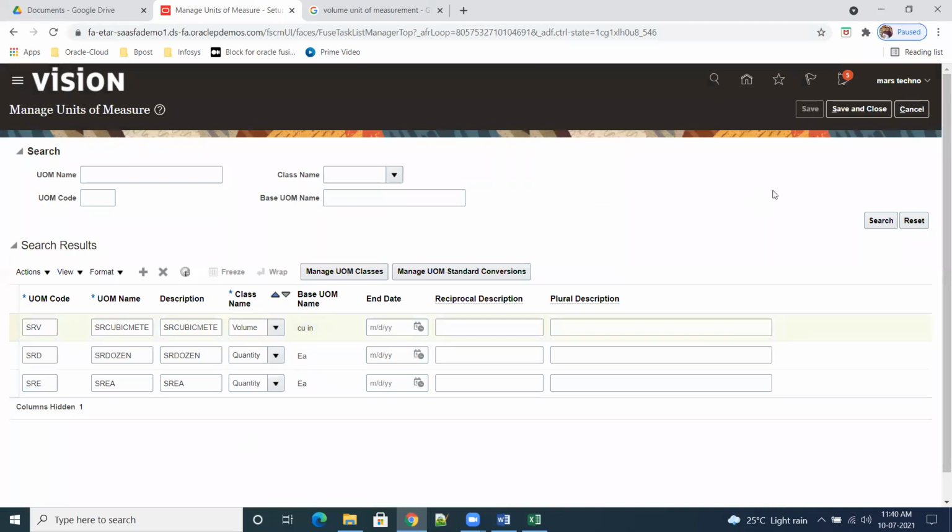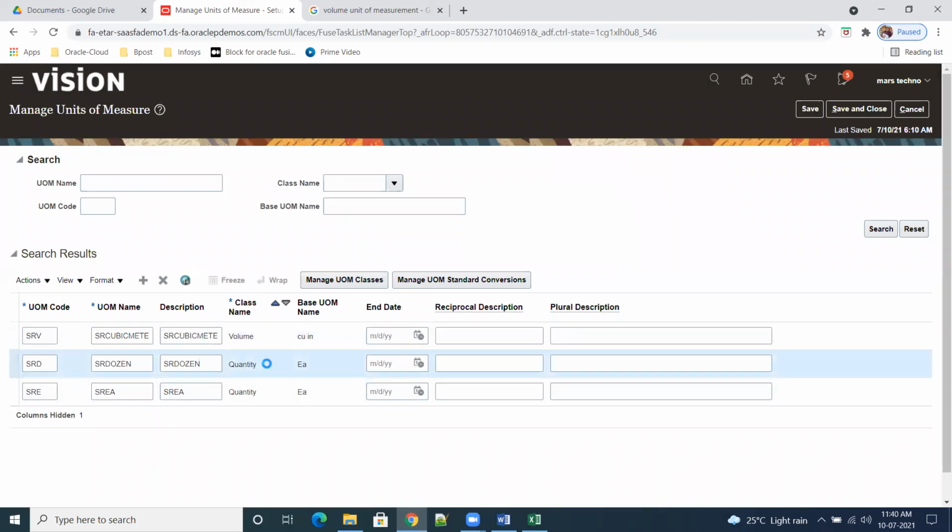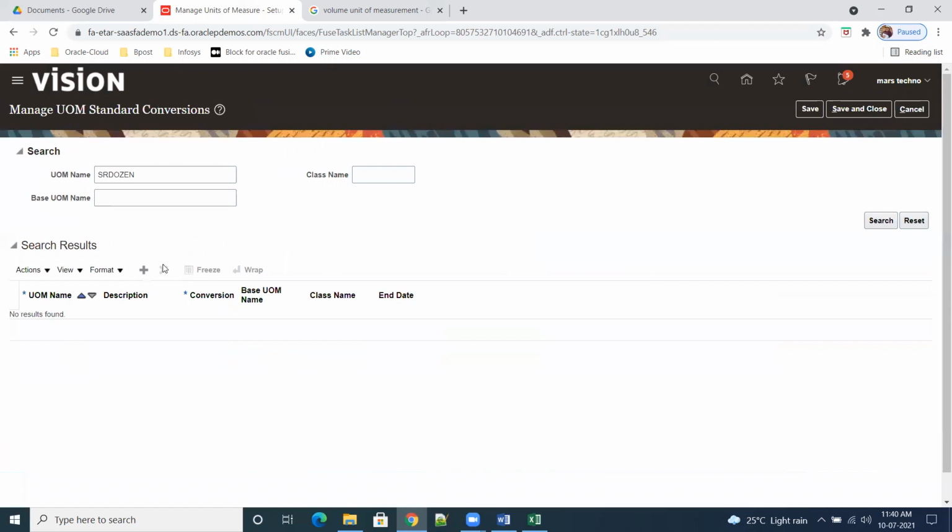And the conversions. Here we can also make a conversion. So let us say I have created two UOMs, one is dozen and one is each. If I take the dozen, the system should automatically understand how many eaches there will be. 12, right? So you have to define that in the conversions, UOM standard conversions. Click on here, click on plus.